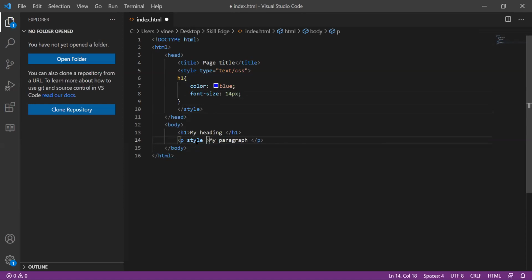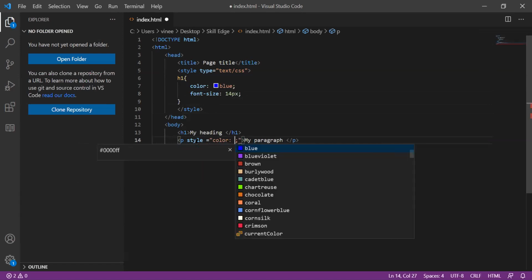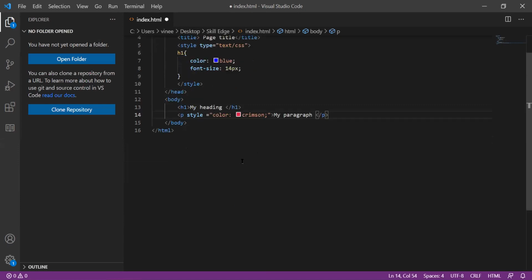You can see this is very simple actually. I have a property here with a value. We will take this crimson color now. And here my paragraph is closed and I have saved. Let us see how this displays.